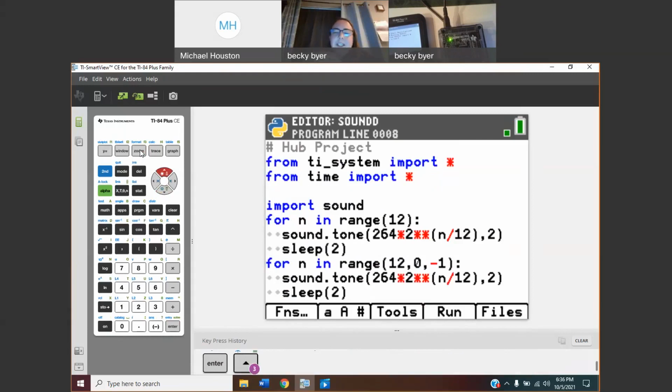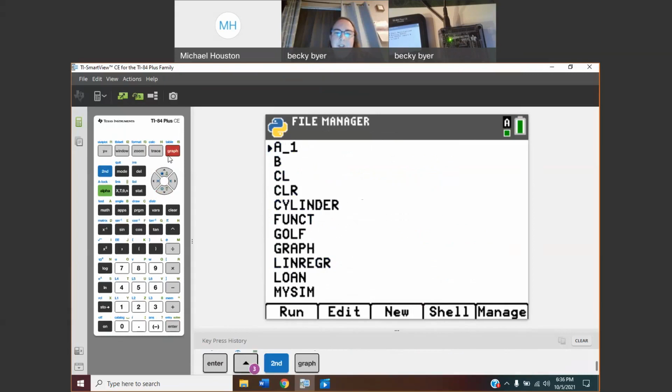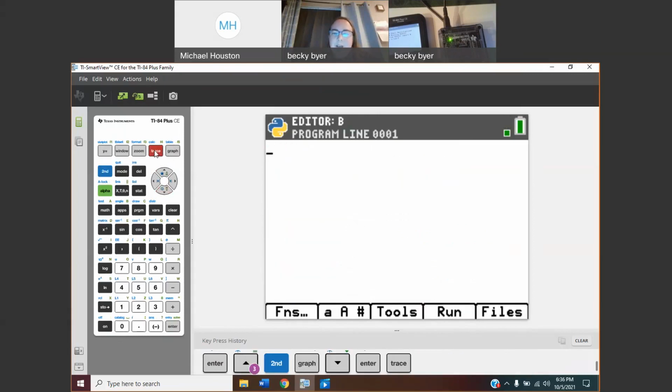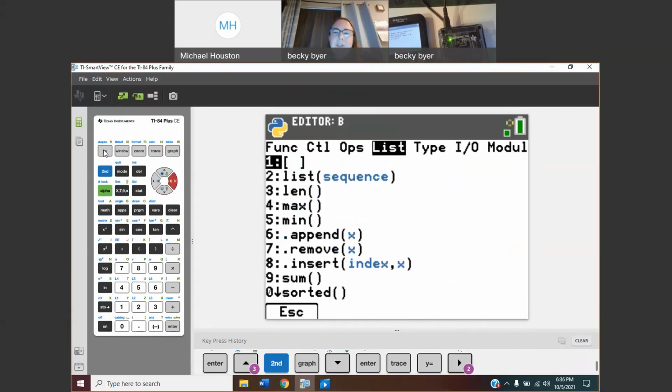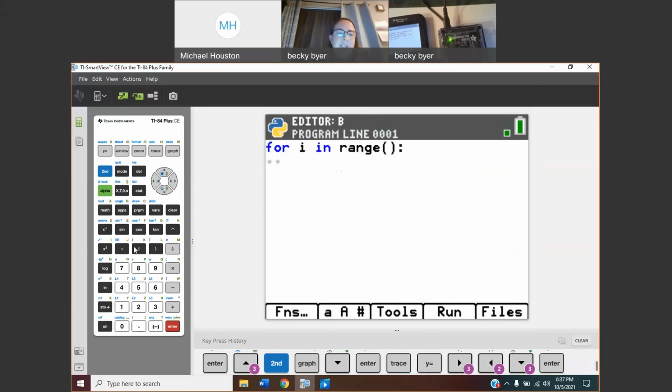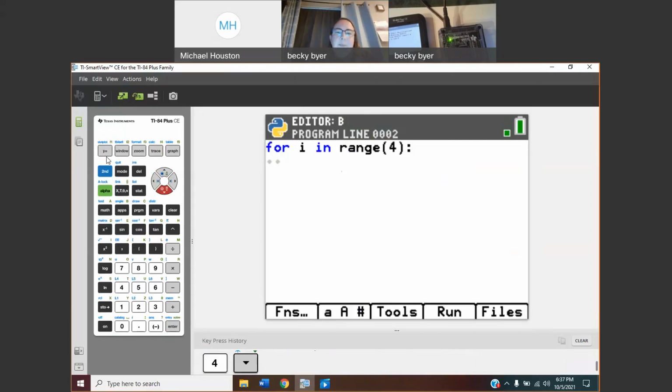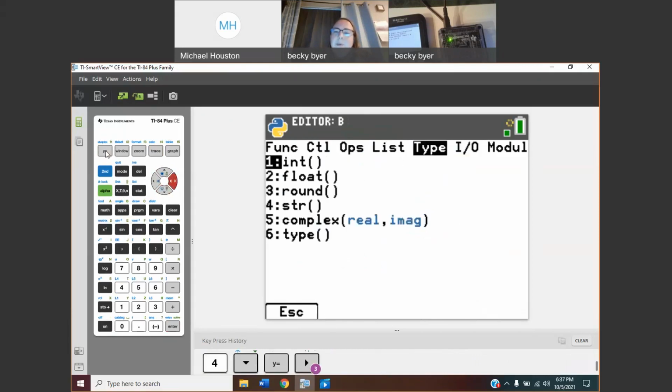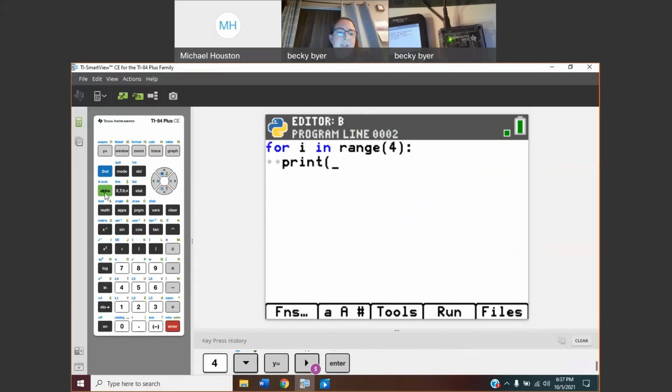There's a couple of interesting things about loops. If you haven't played with loops much in Python, let me make us a new one just to show you. This was this nice, clear, empty guy. For a for loop, you have 3 options in Python. So the first option is a for i in range. So if I say for i in range of, let's just go to 4, and then I tell it to print. Print is going to be my input output. So if I tell it to print my i value, your i is going to go from 0 to 4,